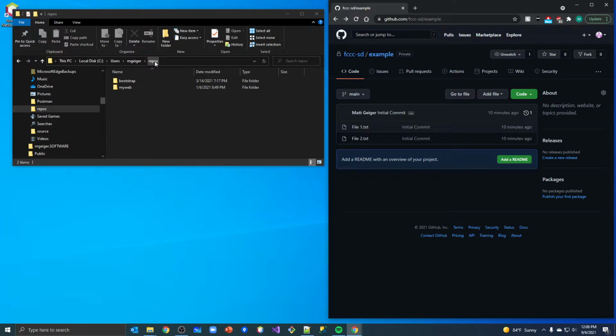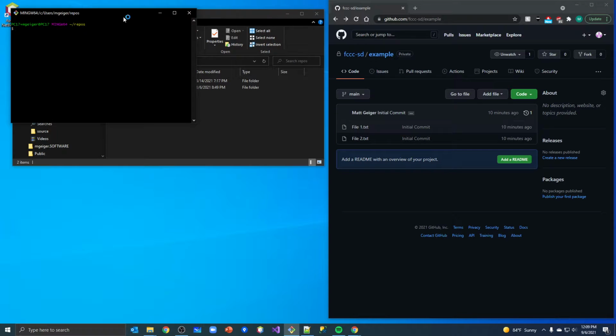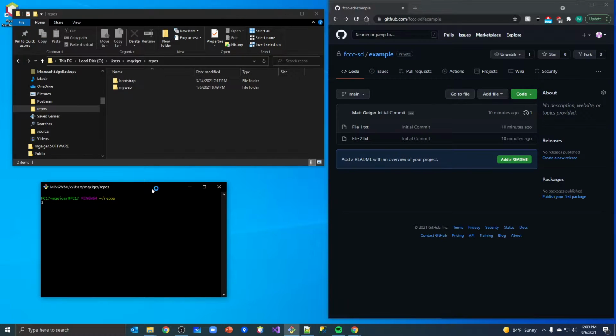So I'm in my repos folder. This is the folder where I stick all my repos. So I'm just going to right click in here and say git bash here just to get my bash window started, and I'm automatically in the right place. I don't have to go around changing directories or anything like that. Over here